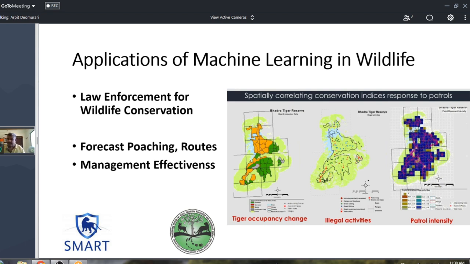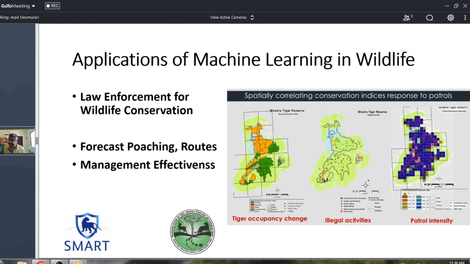The earliest system, if you know or anybody has any idea about the forest department across the world, they go on trails. They go randomly in the national park, 4 or 5 beat guards or 1 ranger, different officials, and they walk on a trail. So they patrol the whole national park.